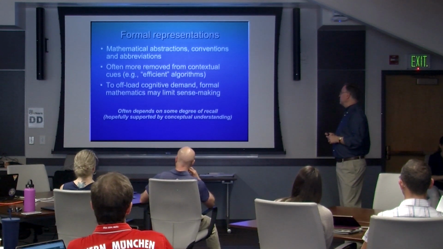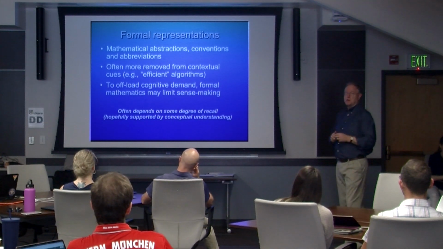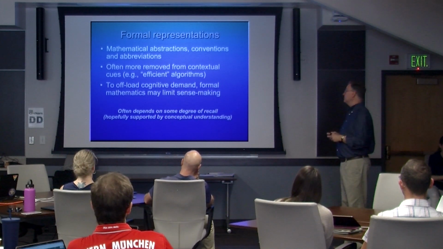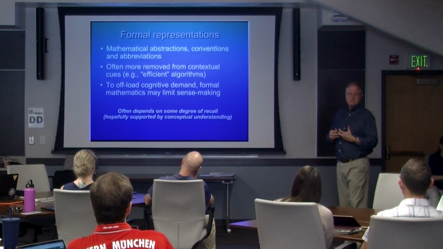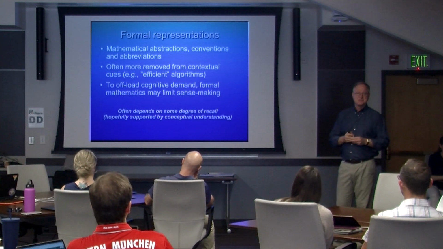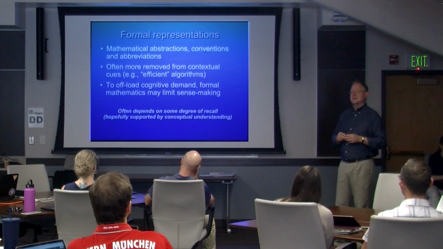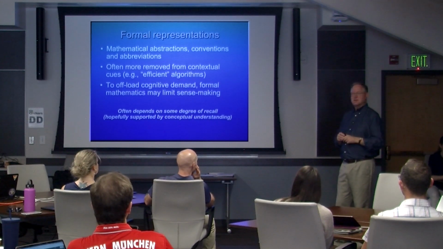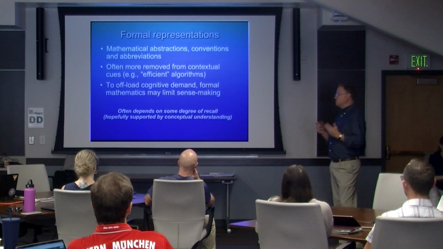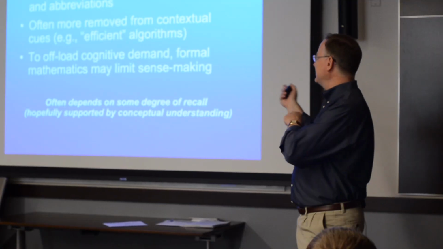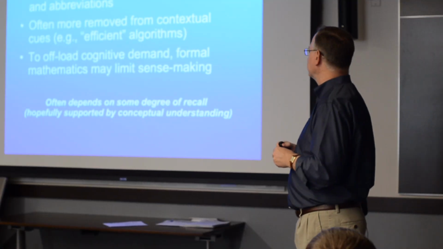And the mathematical abstractions that are part of our goals for students, especially at the high school and middle school level, are more abbreviated. They more fall under mathematical conventions. When you think of order of operations, there is no real sense-making way. There's a mathematical convention of the way we represent expressions and the way students operate those. So some of these things you just have to know. But in other cases, there's ways to connect these ideas with the pre-formal representations.